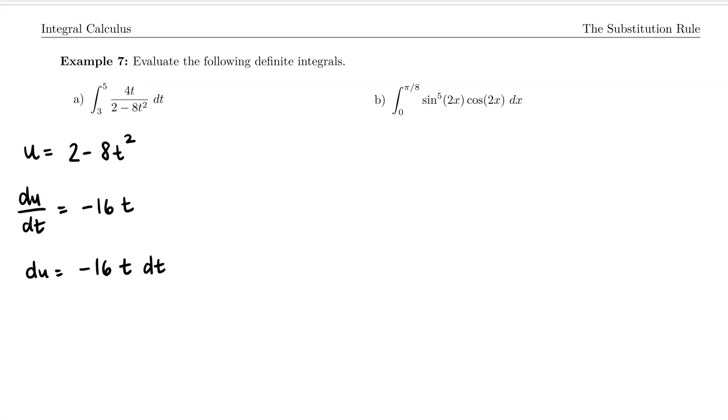So what I could do is divide both sides by negative 4, and that would give me negative 1/4 du is equal to 4t dt. So that's one way I could go about doing that. And so now 4t times dt, that expression would get replaced with negative 1/4 du. So my original integral is equal to,